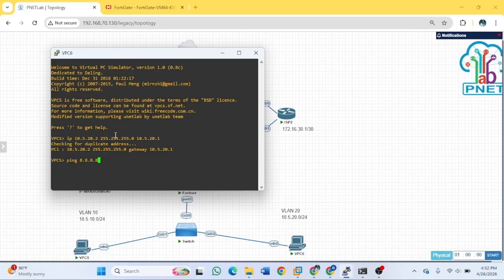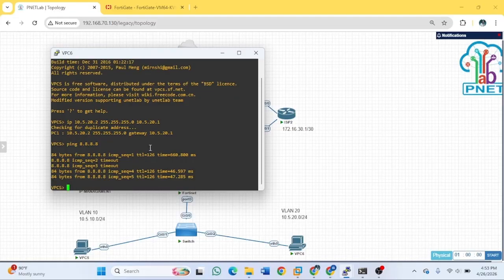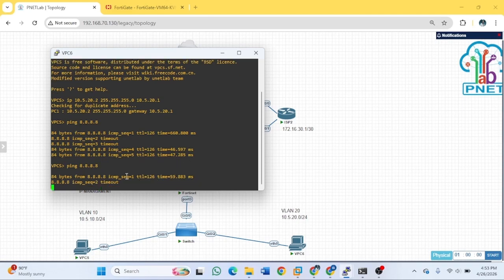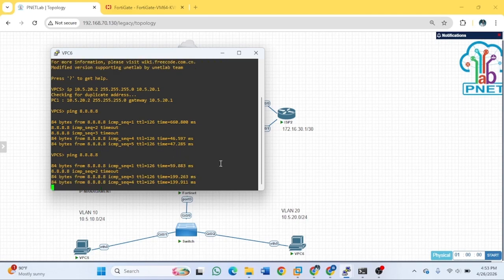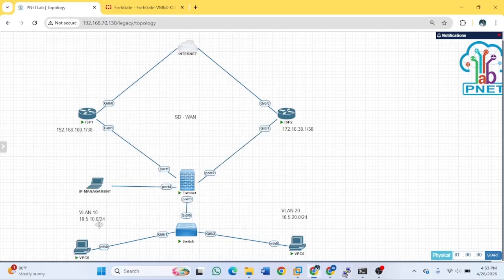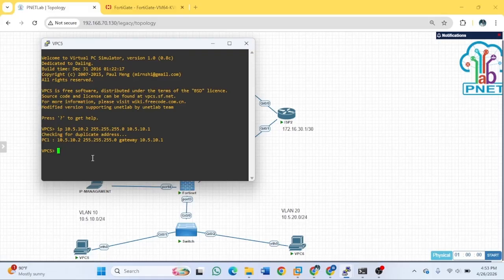Okay, waiting. The latency is very high because the Wi-Fi or internet on my PC is not good. Okay, check again. The latency is very high. I'm going to check on the other PC. Ping 8.8.8.8 to the internet.